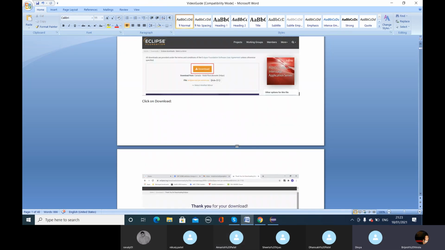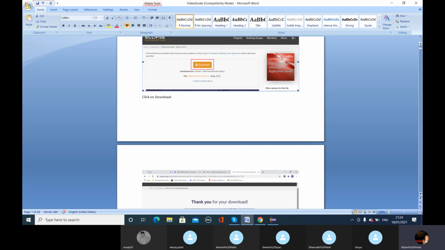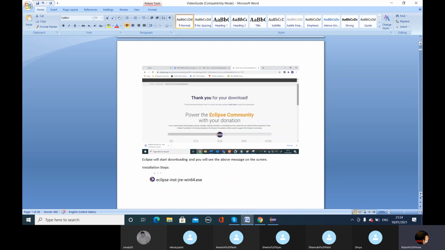You will be directed to the Eclipse Foundation page, where it says all downloads are provided under the terms and conditions of the Eclipse Foundation Software User Agreement unless otherwise specified. So you click on this download button. When you click on the download button, it will start downloading.